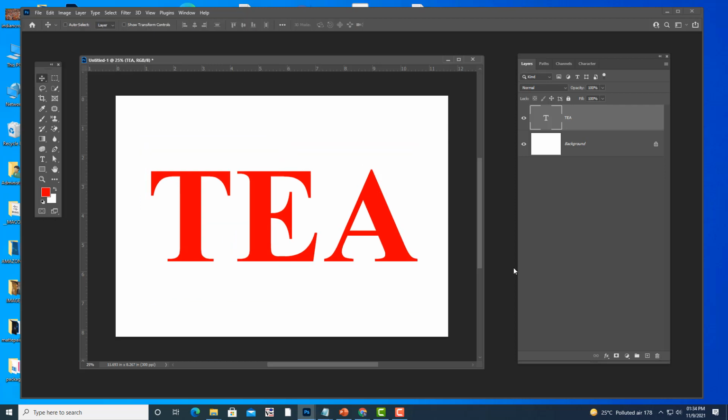Okay, so I have typed something. Now what we'll do is, first we are going to get a selection for this text. Then we are going to convert that selection to path. Then we are going to convert that path to a brush stroke. And before that I will do one more thing, that is,